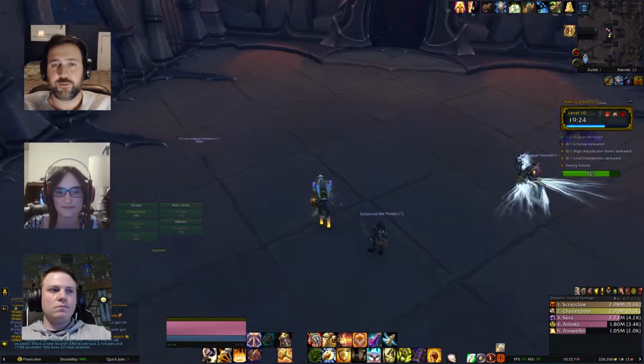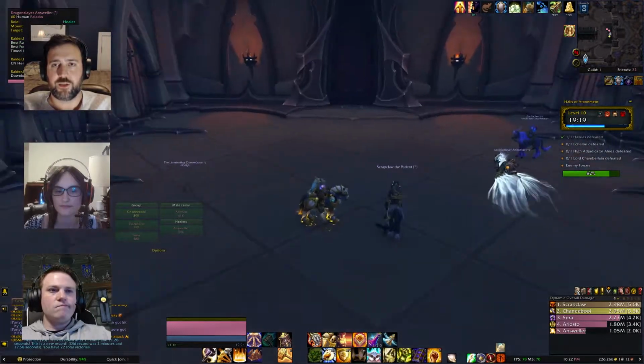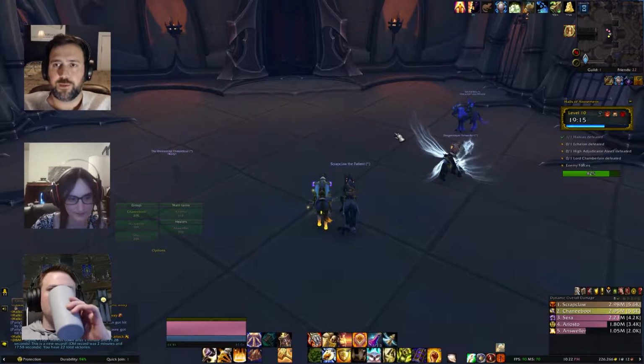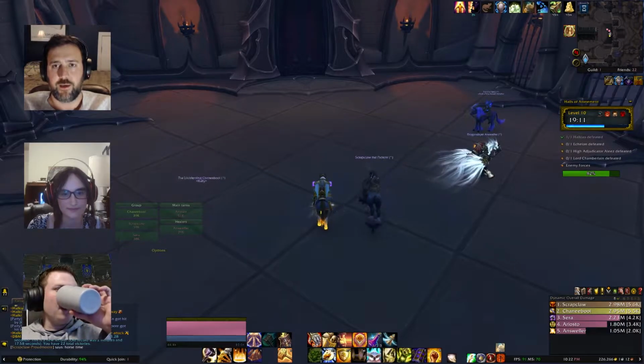Oh, we have a fall. Awesome. Is that 6 adds, 1, 2, 3, 4, 5, 6, are going to spawn out of these little doorways. Again, as a tank with Divine Toll, I can easily pull them up to me. Other tanks, you guys are going to have to figure out how to do that. But you need to get them clustered up on the boss as quickly as you can, because he's going to